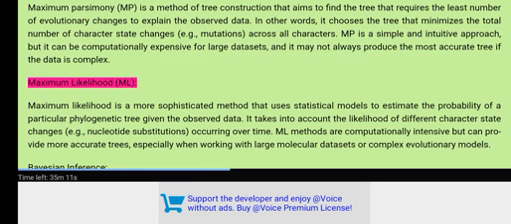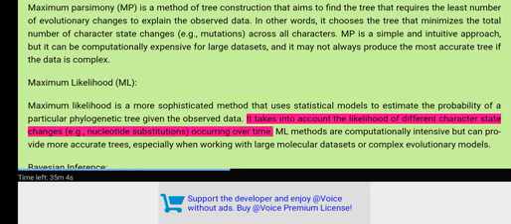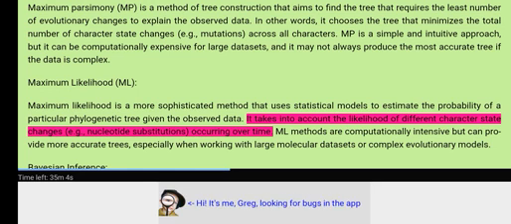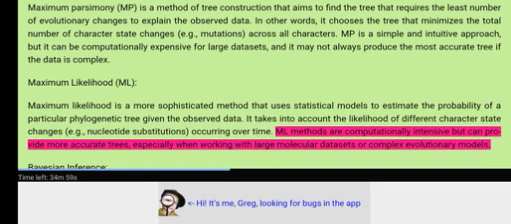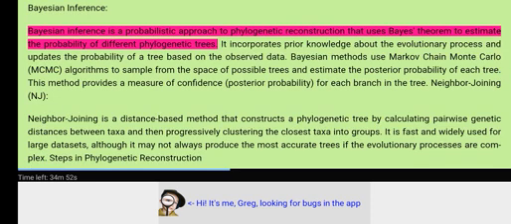It takes into account the likelihood of different character state changes, e.g., nucleotide substitutions, occurring over time. ML methods are computationally intensive but can provide more accurate trees, especially when working with large molecular datasets or complex evolutionary models. Bayesian inference. Bayesian inference is a probabilistic approach to phylogenetic reconstruction that uses Bayes' theorem to estimate the